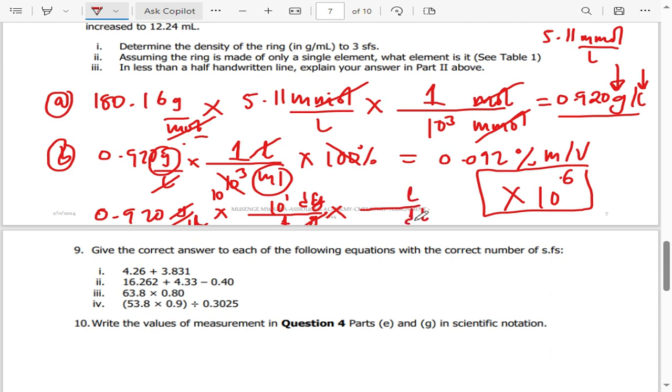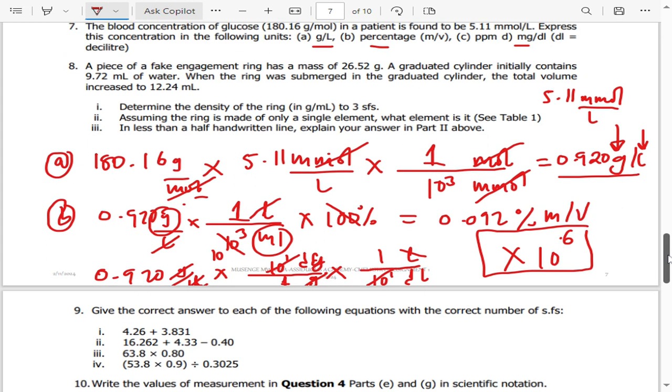A liter is bigger than a deciliter, so I'll put a 1 in front of a liter. Just remember it is 10 to the power negative 1, but because I put a 1 in front of a bigger unit, it becomes positive 1. So if you multiply, this 10 will cancel with this 10, and this liter will cancel with this liter. So the answer will still be 0.92, but it is now in